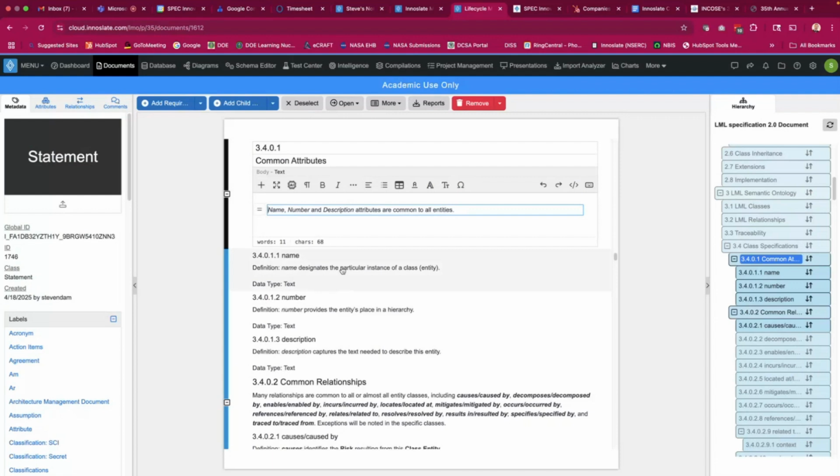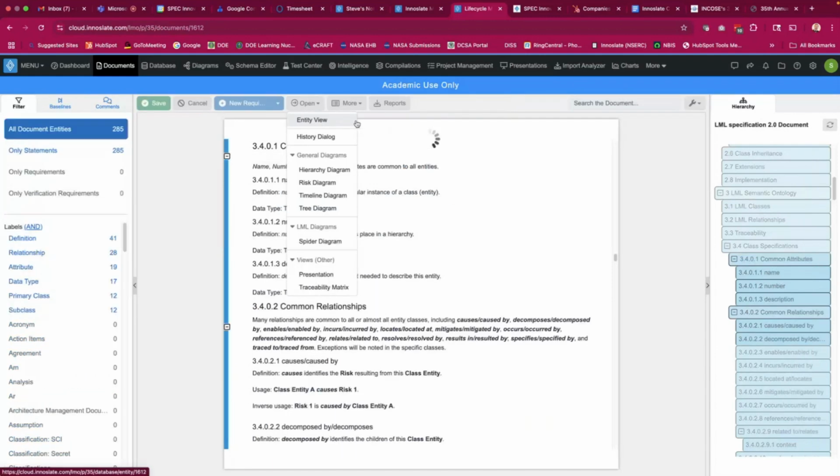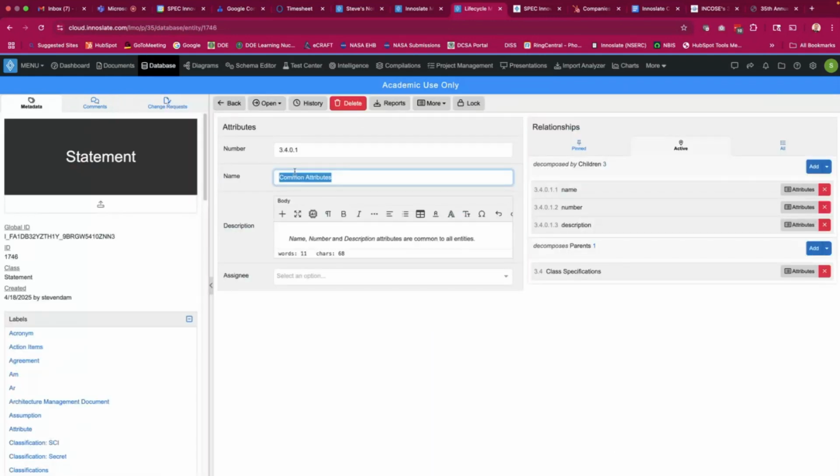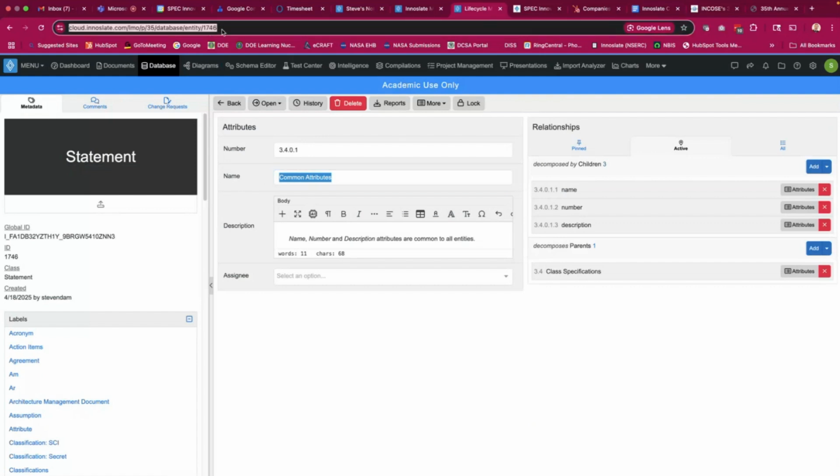And so here are my common attributes, and I could just simply open the entity view, and then that's for that entity view. Here's my URL up here in the bar that'll be unique to it. Again, the last number there is the ending number within the project. If you want to read this, the P is the project number. So this is project 35 in the LMO